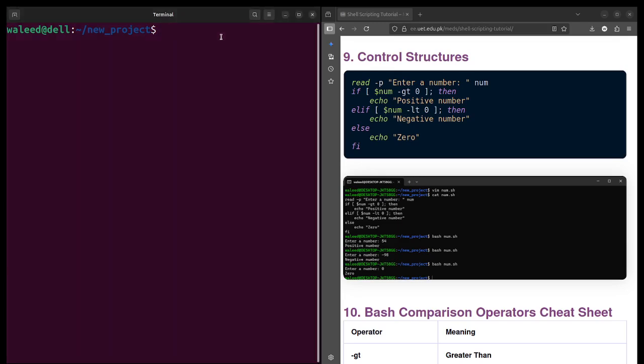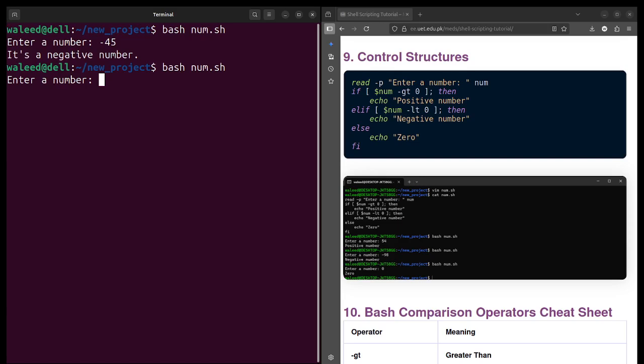I just had a small program. Let's rerun it. Okay, so it asks me for a number. Let's say I enter -45. It is printing it's a negative number. Let's say I enter 0, then it should print it's a 0.